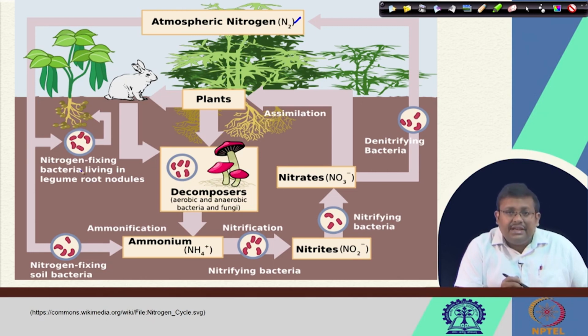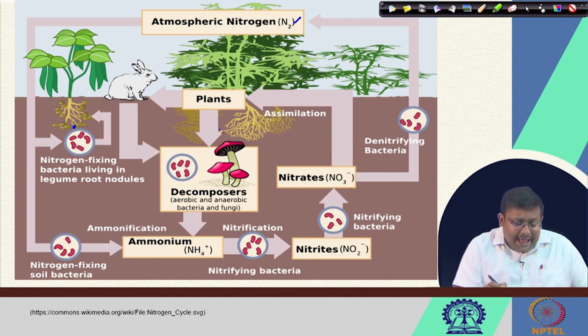One is free-living non-symbiotic nitrogen fixing bacteria, another is symbiotic nitrogen fixing bacteria. Symbiotic nitrogen fixing bacteria generally reside in the root nodules of some leguminous plants, and non-symbiotic nitrogen fixing bacteria are present in the soil. So, these two groups of microbes basically fix this atmospheric nitrogen, and this nitrogen is then taken up by the